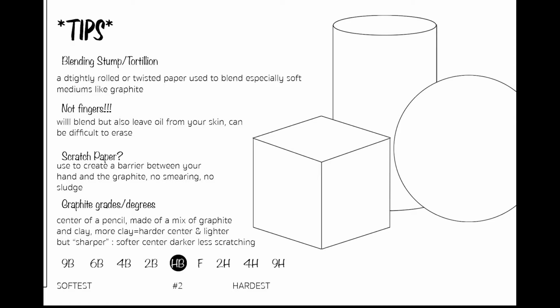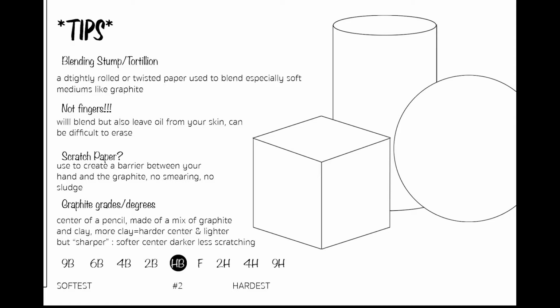A blending stump or tortillon is a tightly rolled or twisted piece of paper that's used to blend soft mediums, especially graphite. Remember, don't use your fingers. It works, but it's going to leave oil from your skin and will be a difficult thing to erase later on if you need to. Don't forget to use scratch paper to create a barrier between your hand and the graphite, which means no smearing